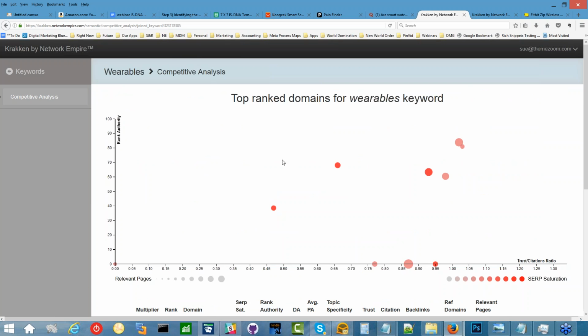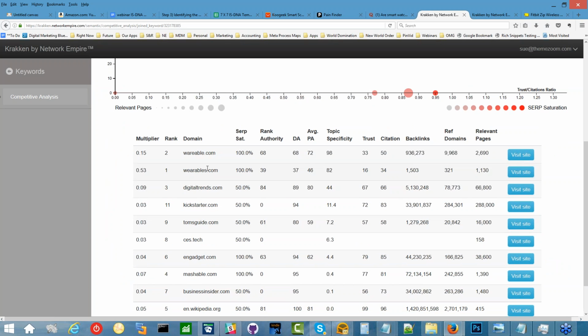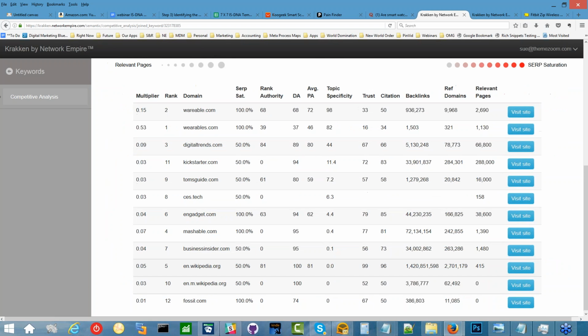This is for the wearables keyword. They've got position 1 and 2. Digital Trends has got position 3. Wikipedia's got position 5. And I can see what the rank authority is, which is a combination of domain authority and page authority, a weighted combination. I can see the DA, the PA, the topic specificity,